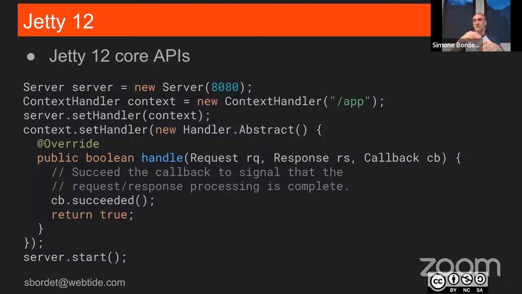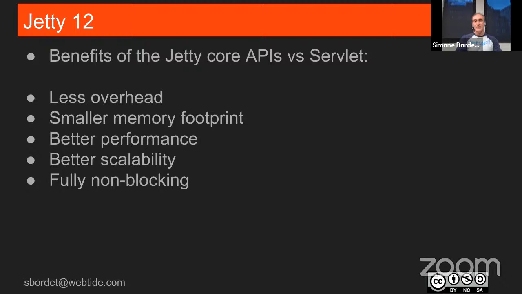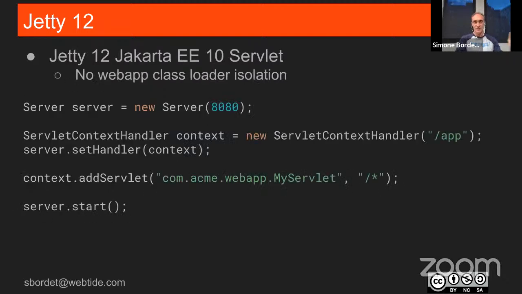Then eventually, you get the response from the third-party service. You figure it out, you process it, and then you produce a response, and then you say, okay, write back what you requested. And then when you're done, you just call back succeeded, the request is now finished. But this can be completely asynchronous. All right, so the API is fairly intuitive. Of course, benefits: less overhead, better performance, better footprint, non-blocking, all the goodness.